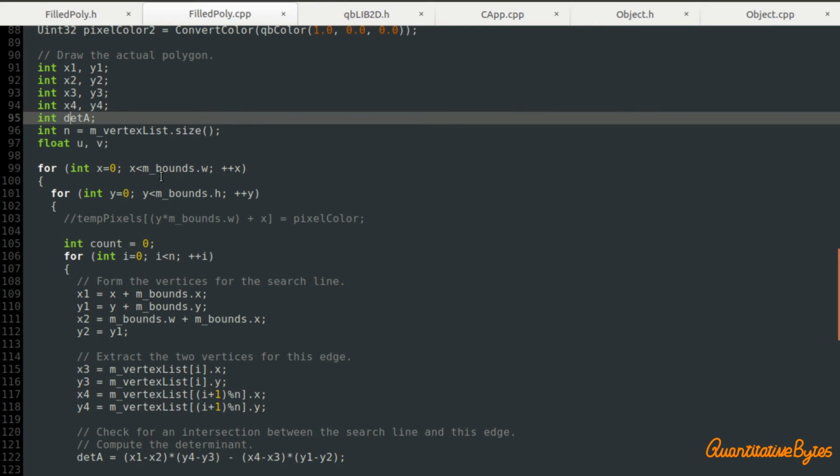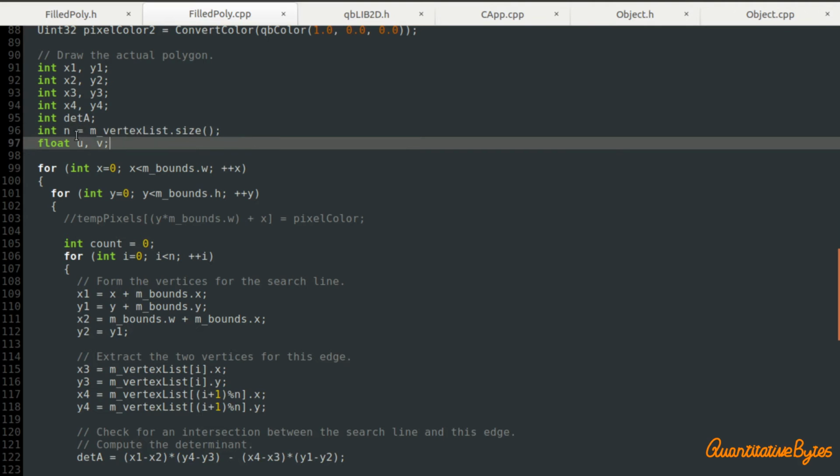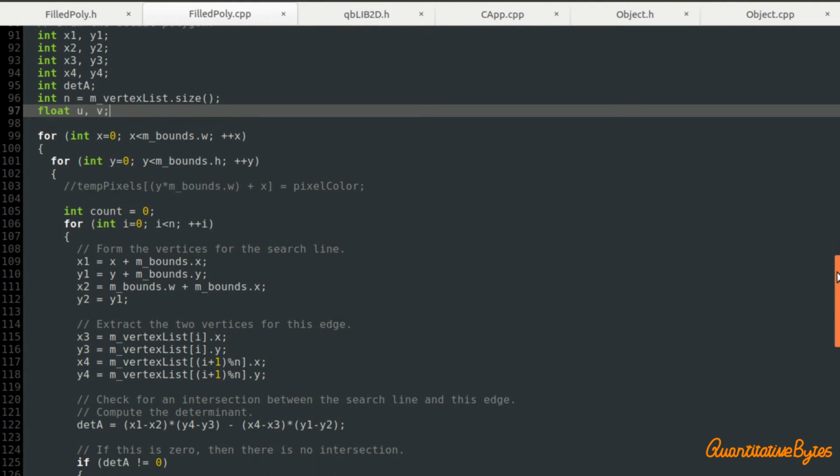We need a variable to store our determinant. We copy the size, mVertexList.size, into a variable called n, and we define two floats for u and v. These are the real scalar quantities that I just talked about from the equations that ultimately we want to derive.